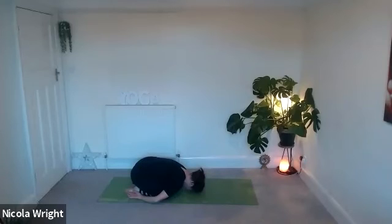And we're taking the breath into the side ribs and the back ribs. We're taking the breath into every part of the body here. And we're just mindfully watching the body move with the breath. Checking in to make sure that we've relaxed our face as much as we can, and that the shoulders are soft,